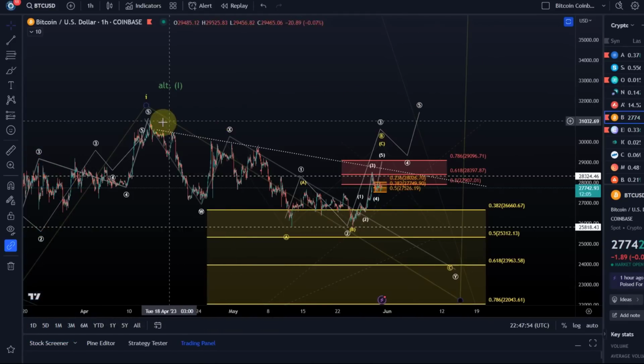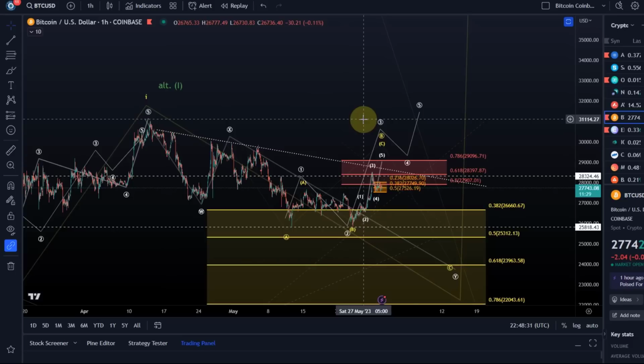We want to talk about the overall scenario here on the Bitcoin chart again, and I would like to talk about the short-term bullish and the short-term bearish scenarios again that we've already discussed in previous videos. Particularly, I would like to talk about the differences and the small nuances that we can use to differentiate between a short-term bullish and short-term bearish scenario, because they are looking very similar at the moment. You can't really distinguish between them.